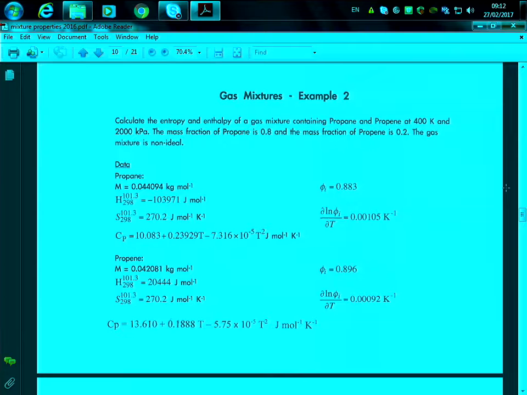Okay, so if we have a series of alkanes, such as propane, ethane, whatever, mixed together, then it's ideal. If we have water in there, then it doesn't resemble that, and therefore the mixture is non-ideal. Okay, so if we have, let's say, a mixture that not only has a single phase but two phases, gas and liquid,